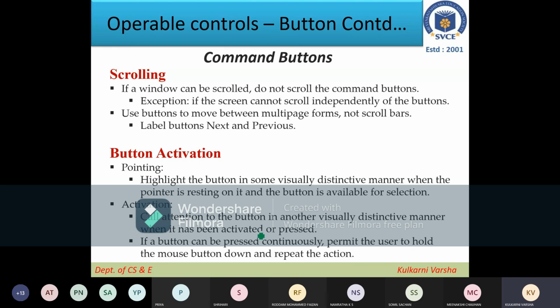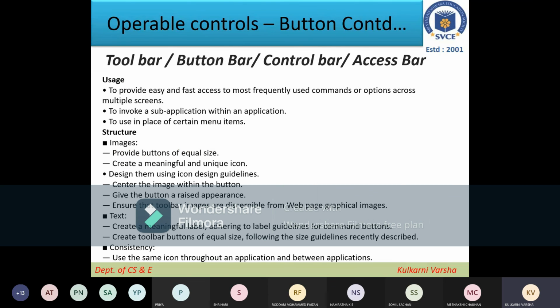So that is the way we can show the button is pressed, change the visual appearance, and when the button is released, change the visual appearance. All those things we can use as general guidelines when we are dealing with command buttons. So this is all with respect to command buttons.